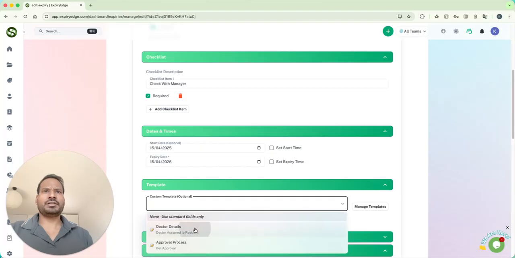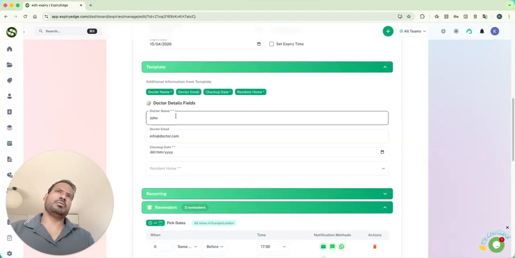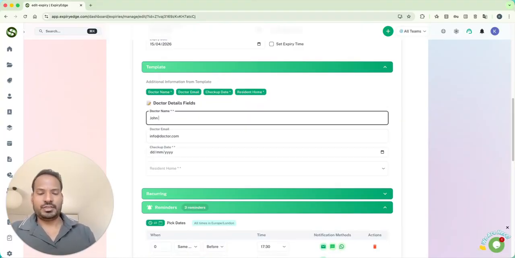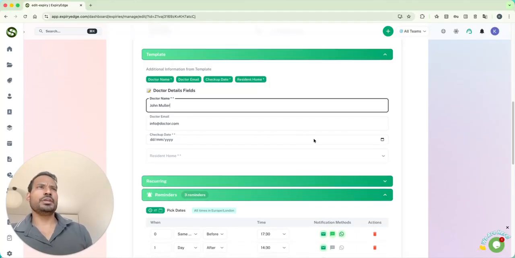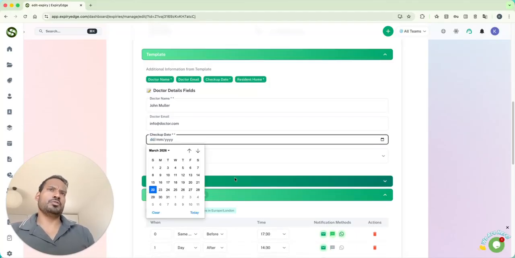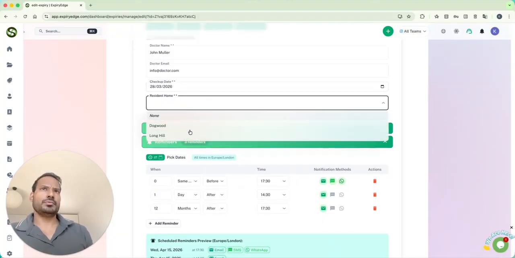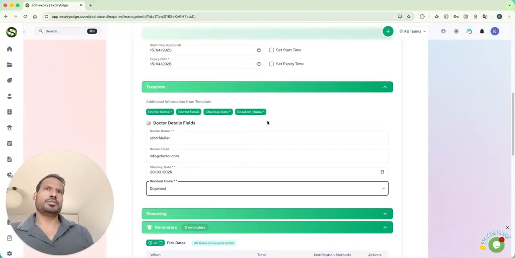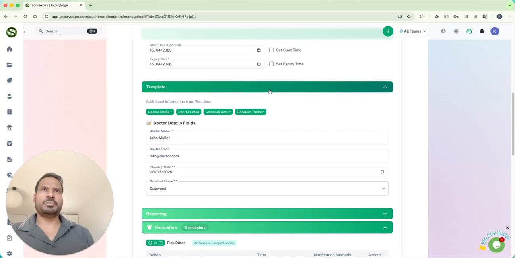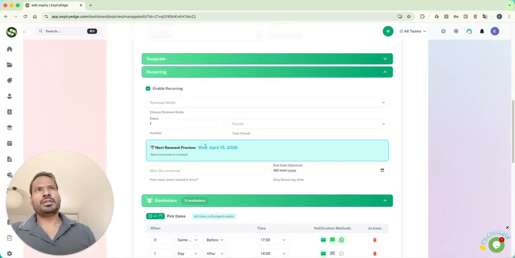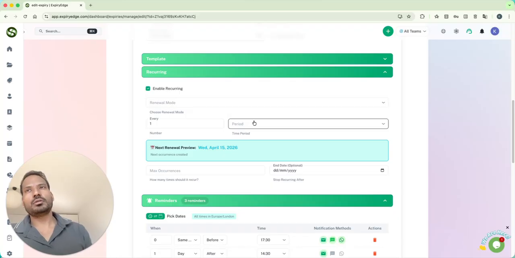And then this is also one thing, like there are certain items that repeat from time to time, so you can set, I want to set it for 12 months, or I would say maximum it will go till September, whatever. So whichever will occur first, it will stop recreating it. What happens is, when you mark it done, it will create a new item for a new date with a new expiry. And so I just update it,